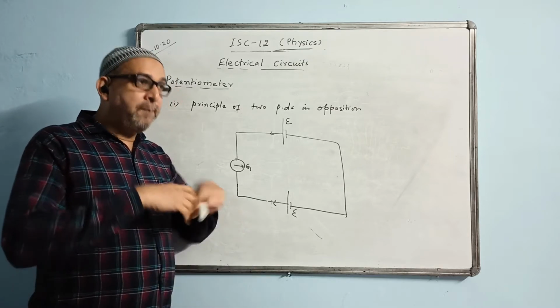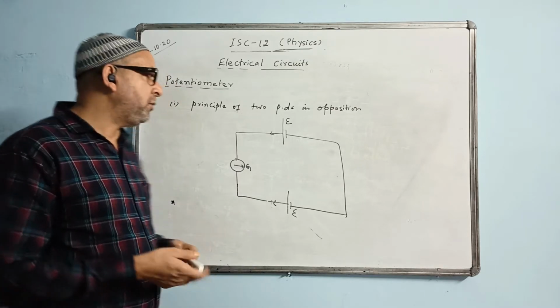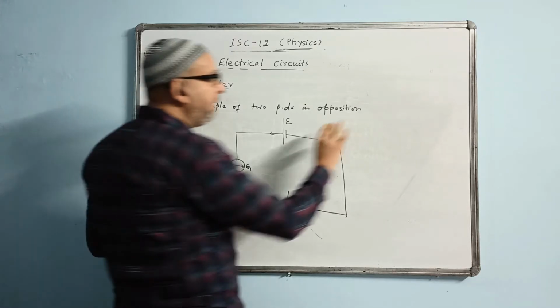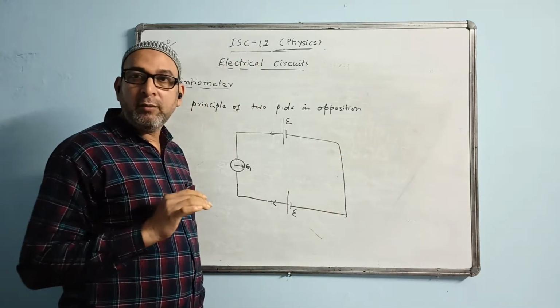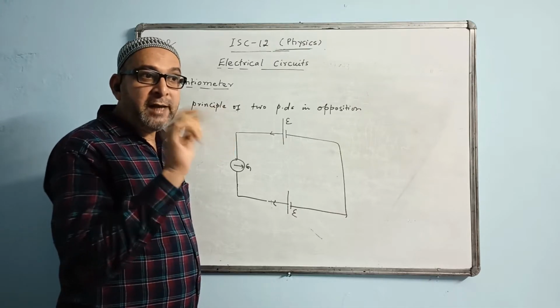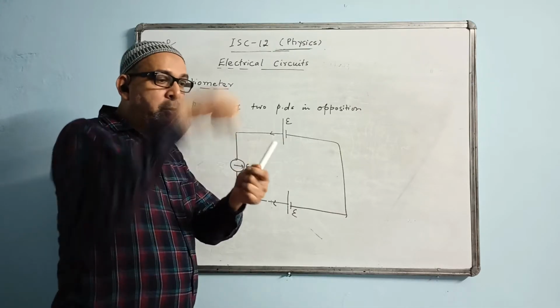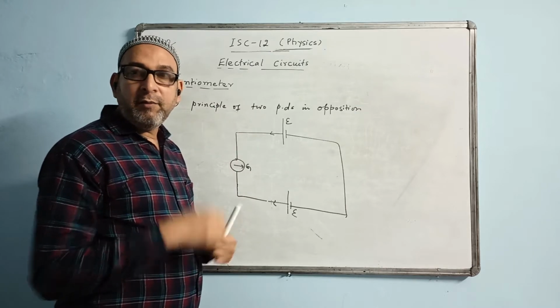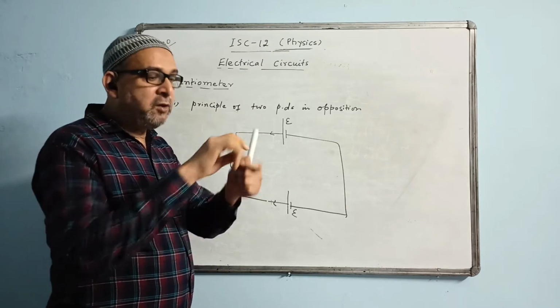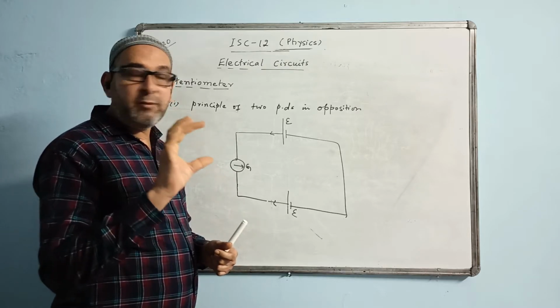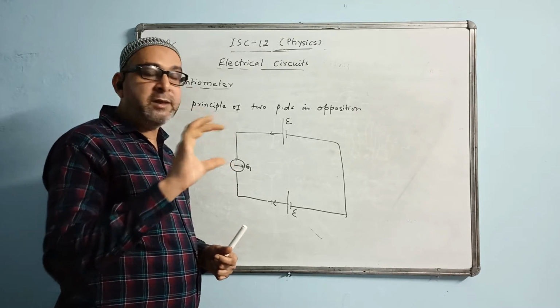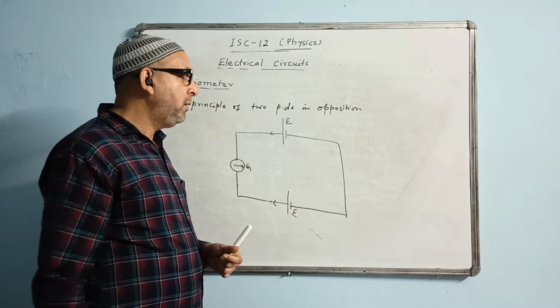So when the company manufactures it, they test the EMF of those cells, whether the EMF of those cells is accurate or not. They write 1.5 volt, it has to be 1.5 volt before they put the seed on it. Before they seal it. Once you break the seal and then you draw the current, then this EMF will keep on decreasing. But the initial voltage put in the cell is 1.5 volt.